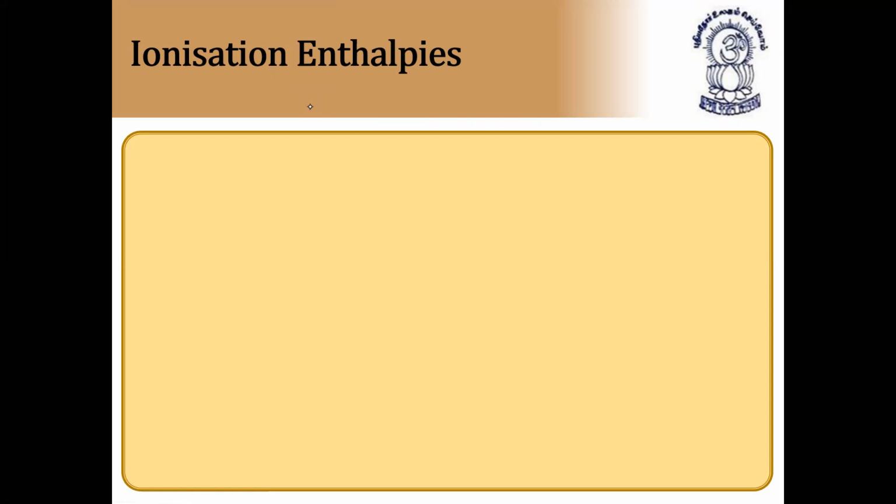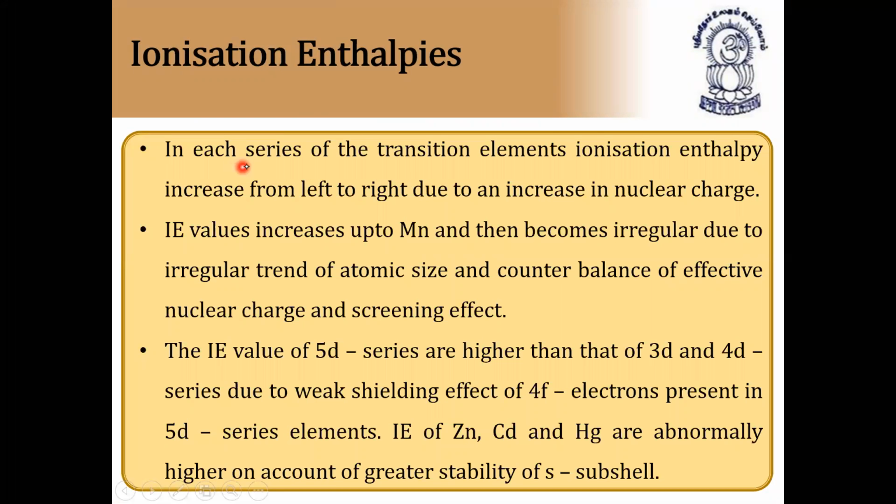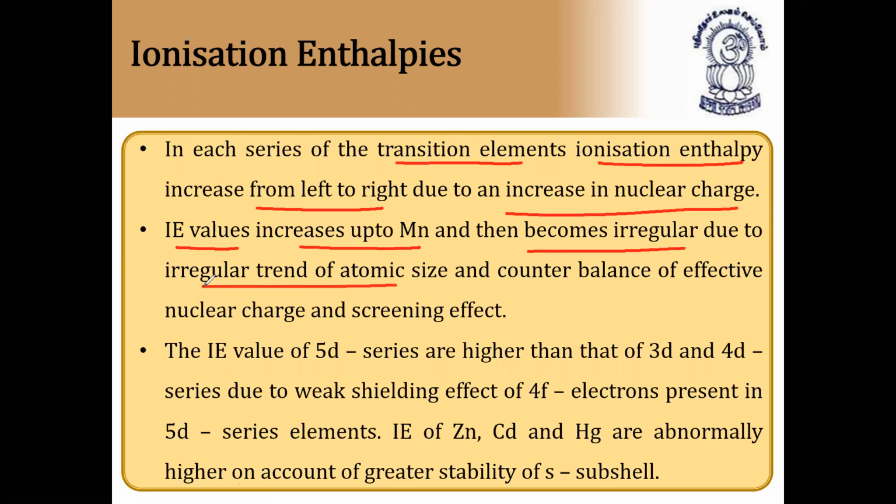We have ionization enthalpies. What are ionization enthalpies? The definition we already know. The amount of energy required to remove the valence electron is called ionization enthalpy, and it depends on atomic radii. In each series of the transition elements, ionization enthalpy increases from left to right due to increase in the nuclear charge. It increases up to manganese and then becomes irregular